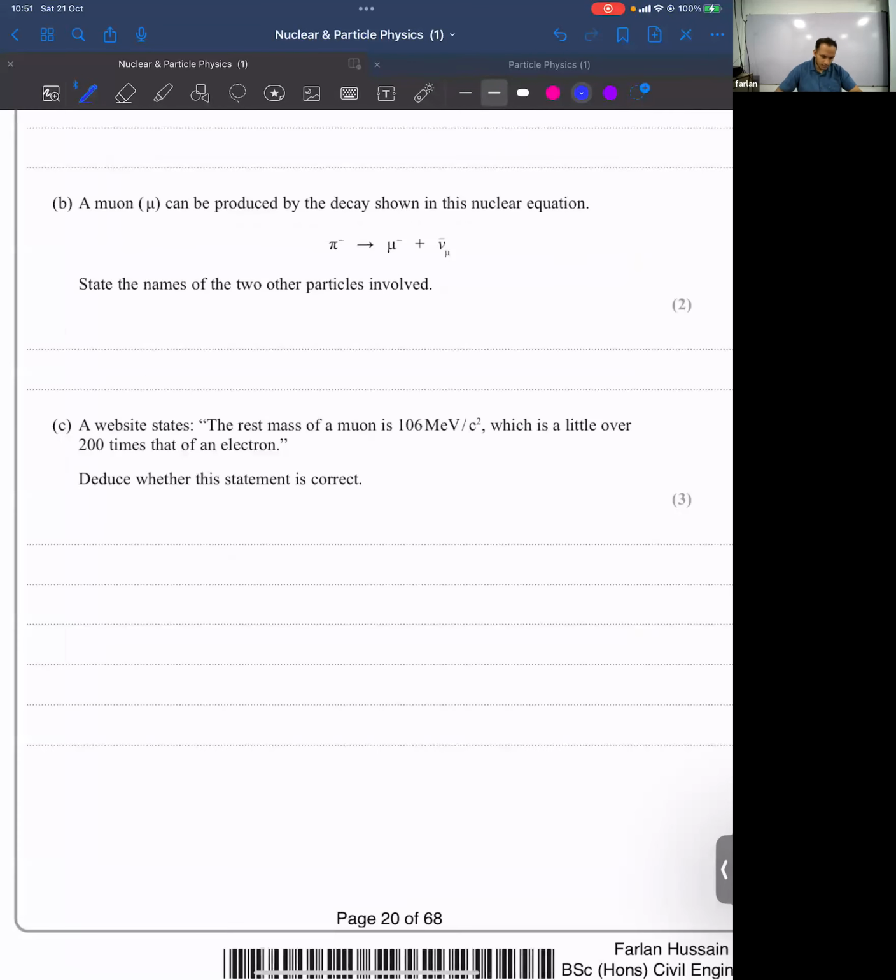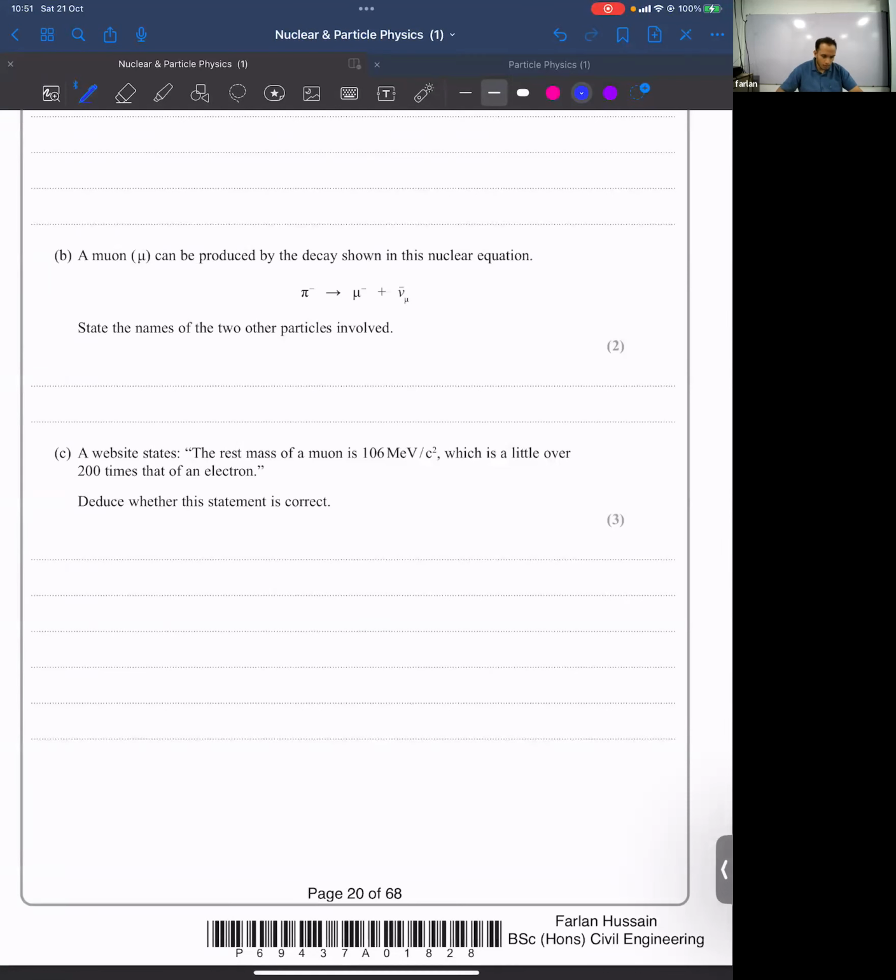A website states the rest mass of a muon particle is 106 mega electron volts over c square, which is a little over 200 times that of an electron. Deduce whether this statement is correct or not. So very similar to the previous one. Check whether it is actually 200 times that of the electron. You don't need to confirm the mass. So convert